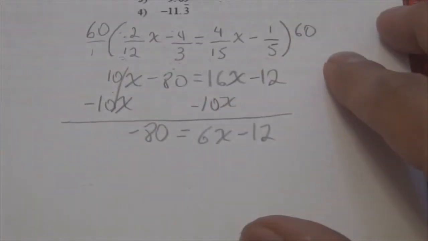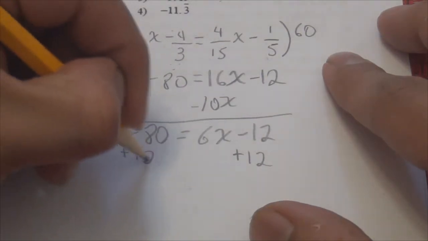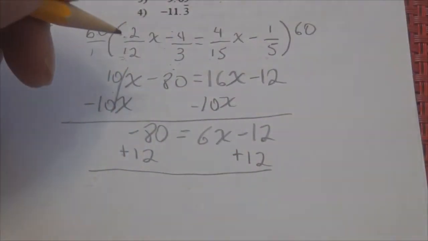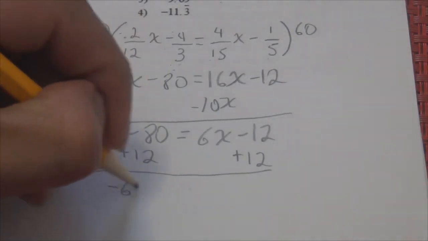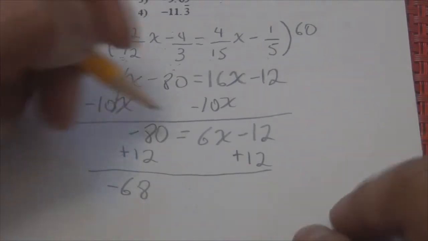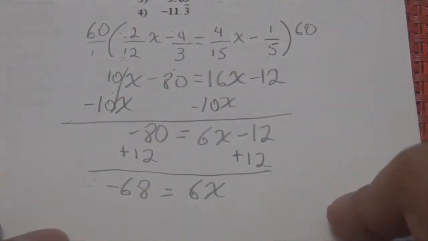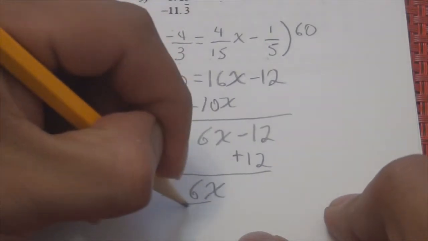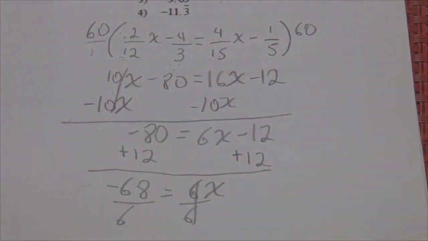Do I have additive inverse? Yes. So let me get rid of it. Okay, let's see. Am I correct? Negative 68, yes, I'm correct. Okay. Now, I'm going to divide by 6 on both sides. X becomes negative 68